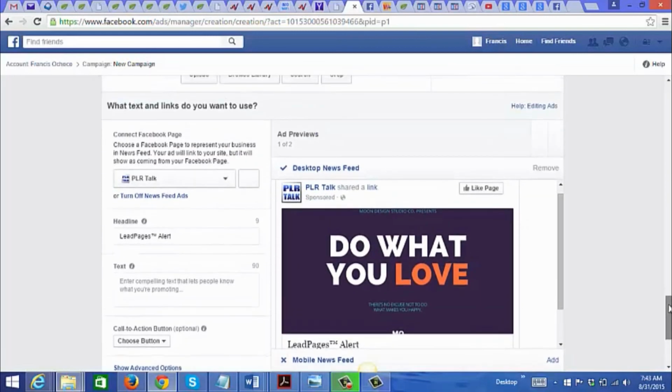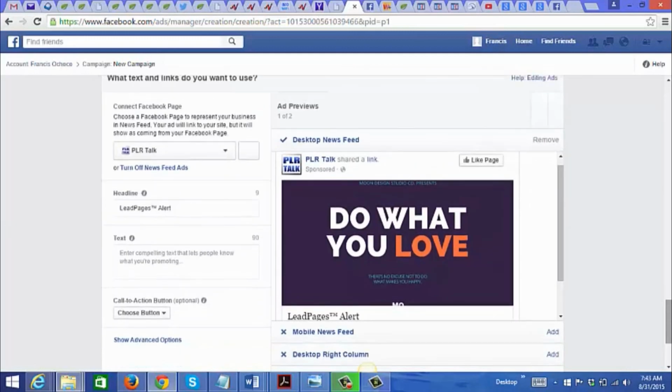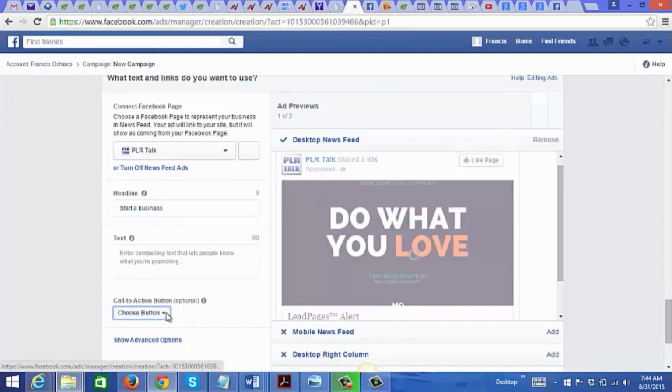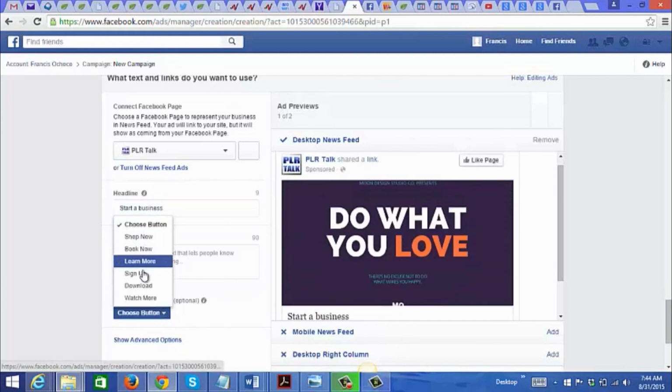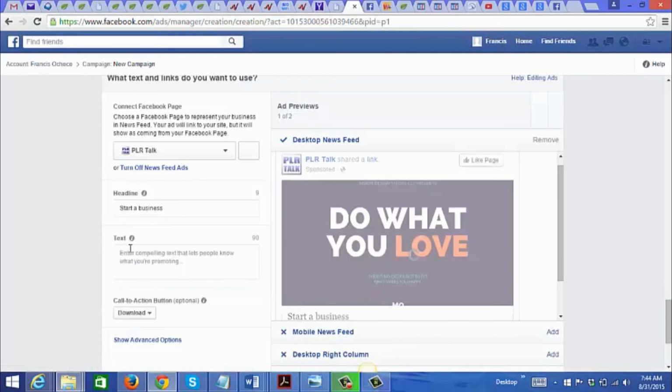Okay. Now next, let's add in the text around the ad here. Headline, start a business, call to action button, it could just be download.